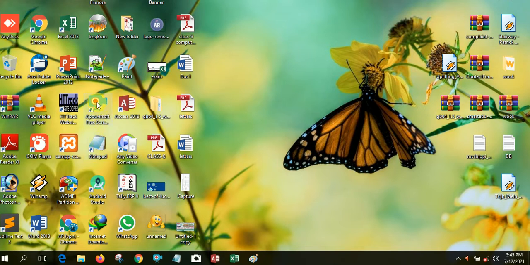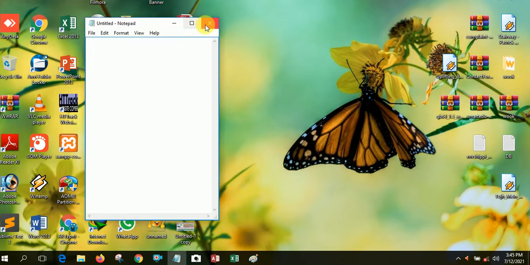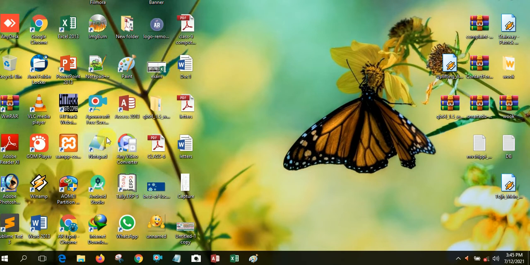You can see my mouse cursor. Suppose I want to open any application like Google Chrome, Notepad or Access. First, you move the mouse cursor onto the application which you want to open, and after that double click the mouse, and it opens. But without a mouse or keyboard, you cannot open it. How can you open? It's not possible. So it's called input.